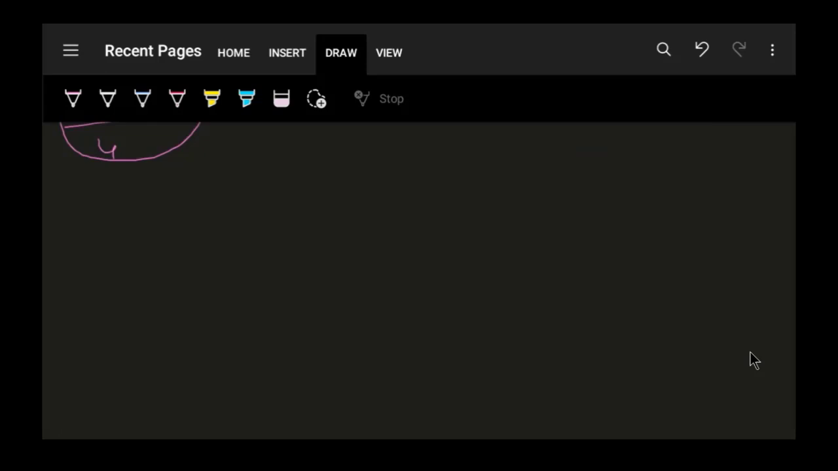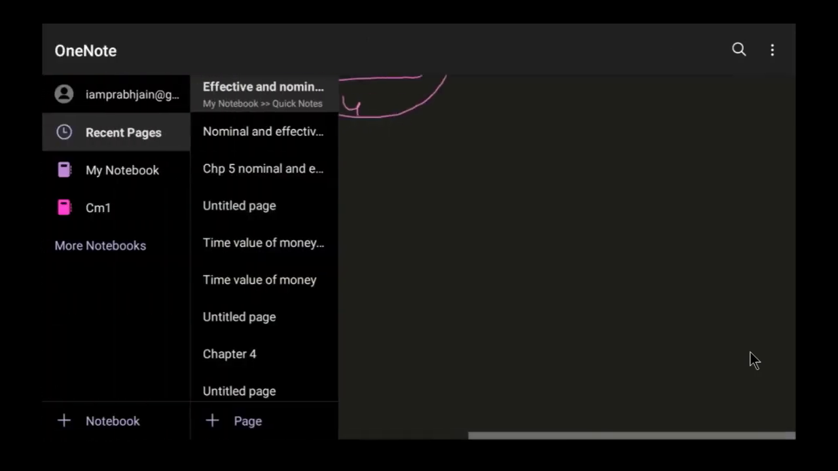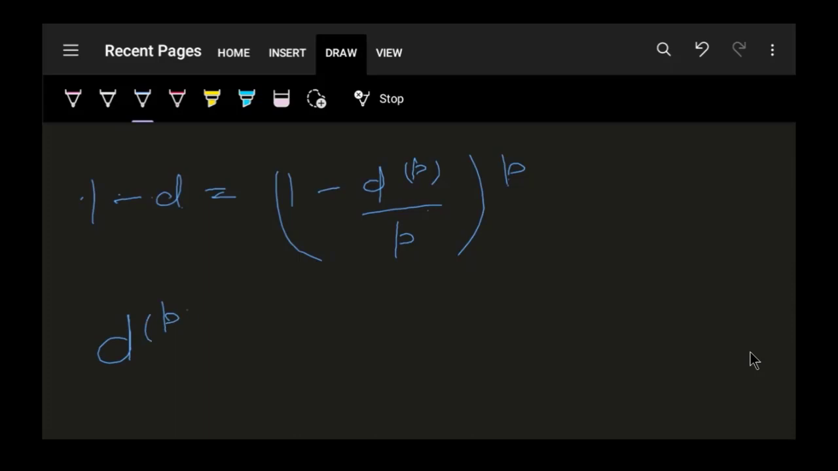Also, we have the same formulas to calculate or switch between nominal and effective rates. When we want to calculate the effective discount rate from the nominal one, we can calculate it as follows: 1 minus d is equal to (1 minus d(p) upon p) to the power p. And when we are given the effective discount rate, we can calculate the nominal rate as follows: